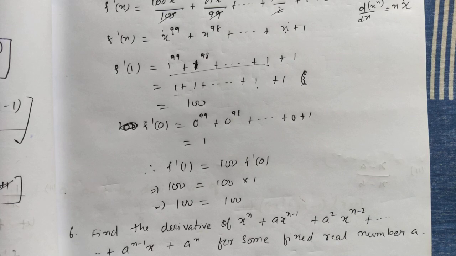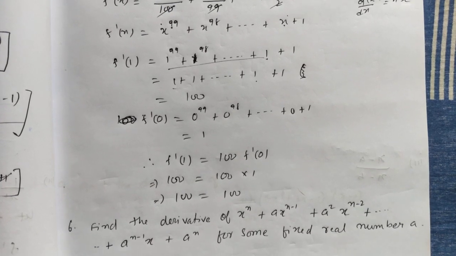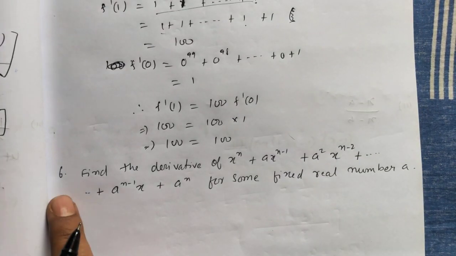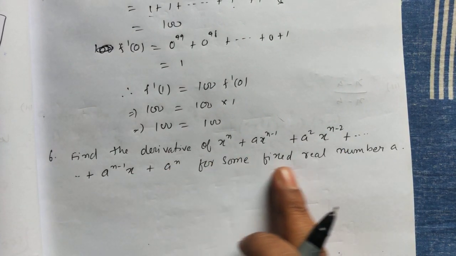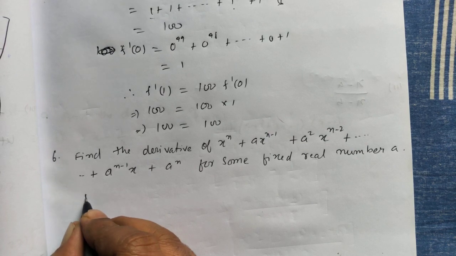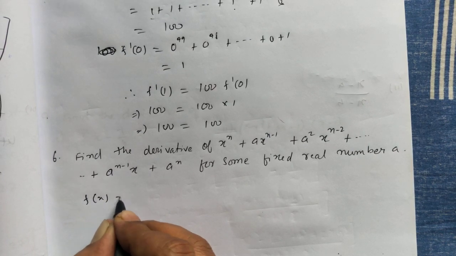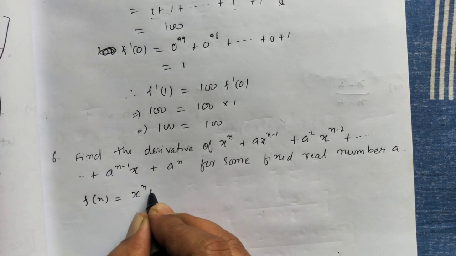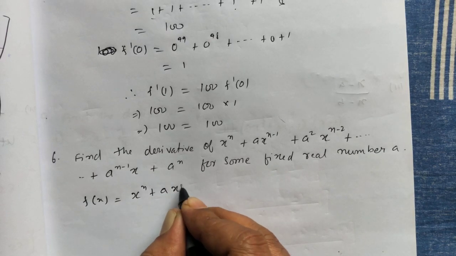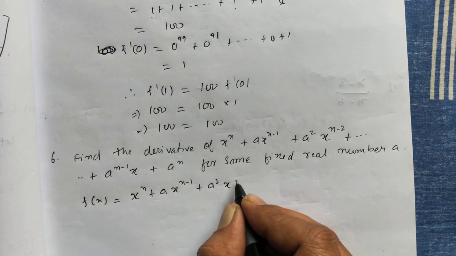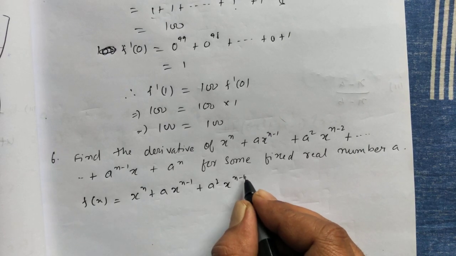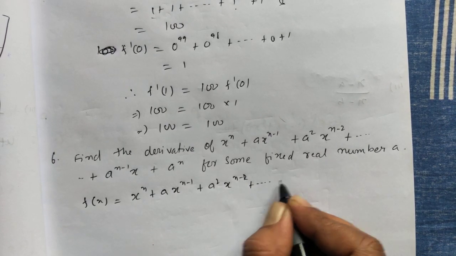Proved, hence proof. Okay, let's do question number 6. Find the derivative of this one for some value of x. So let us take f(x) as whatever is given, x to the power n plus a x to the power n minus 1 plus a square x to the power n minus 2 plus dot dot dot plus